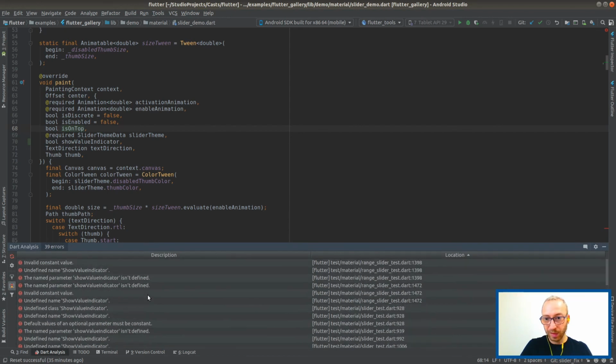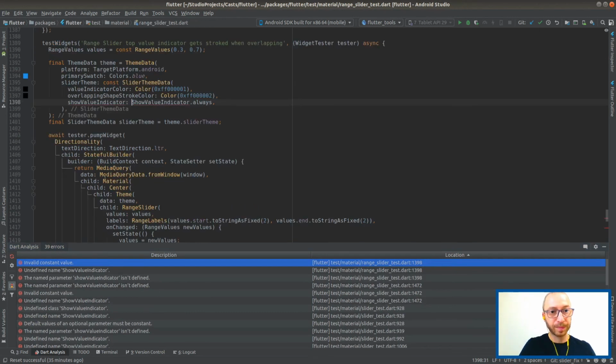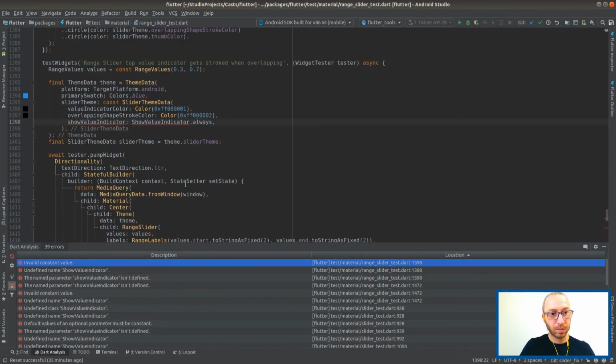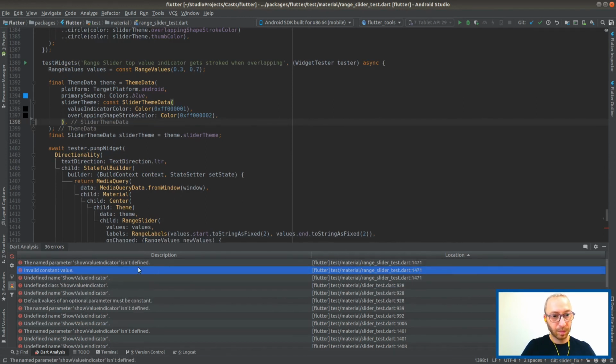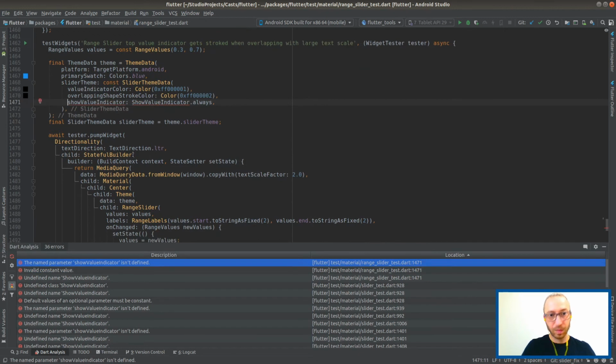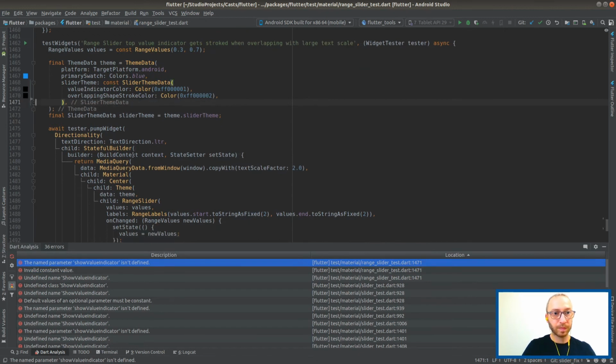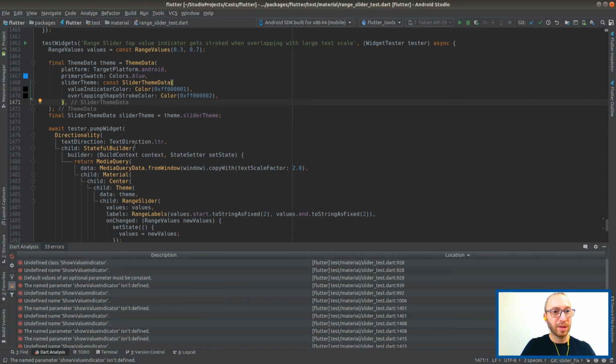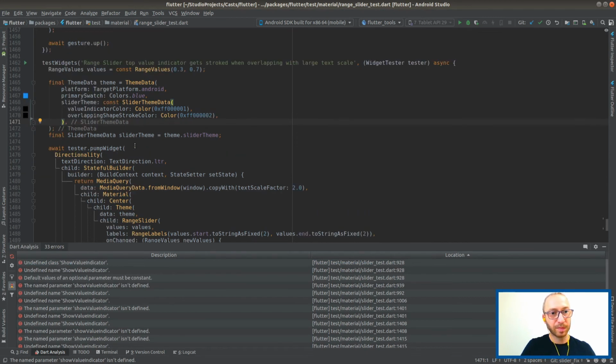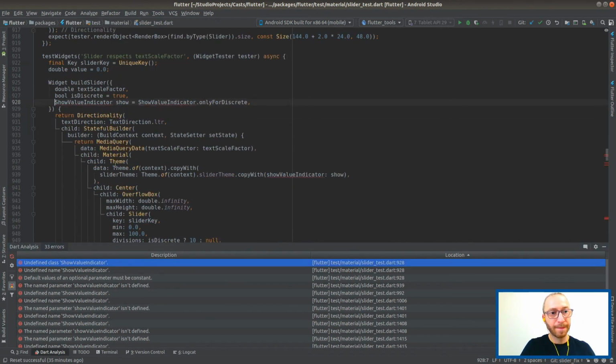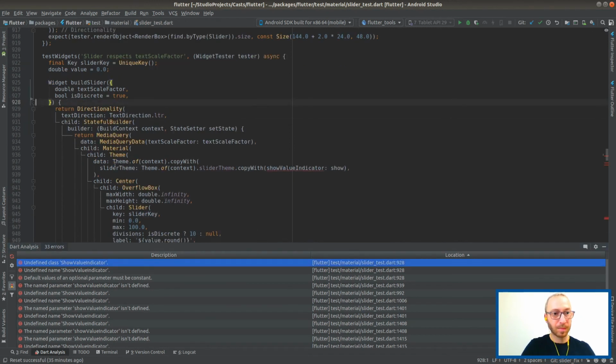Oh, there's so many things that need to be changed. Show value indicator. Here it's always, always? It's so weird. Sometimes it's always, sometimes it's something else.